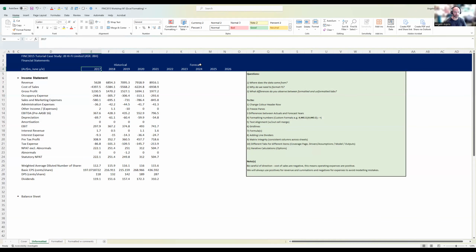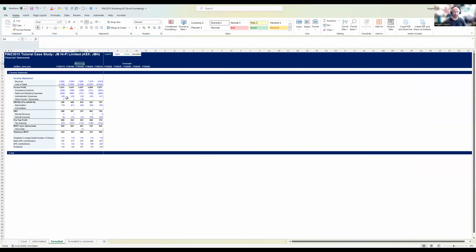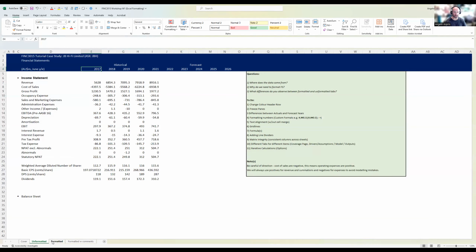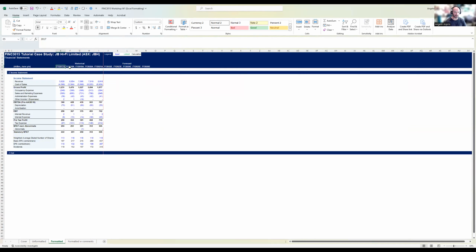solve that particular problem. Now, if we go back to the Formatted tab, you can see here that the years have been formatted slightly differently, as in rather than having the year numbers 2017, 18, 19, 20, we have fiscal year 2018, and so forth. And the other thing is that with the years that are lined up with the historical term, they have an A at the end of it, the A indicating that these are actual numbers as opposed to forecasted numbers. When we have forecasted numbers, we've got an E at the end, reflecting that they are an expectation. So they are based on some kind of assumption